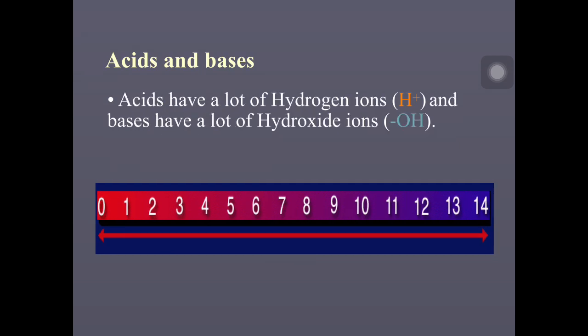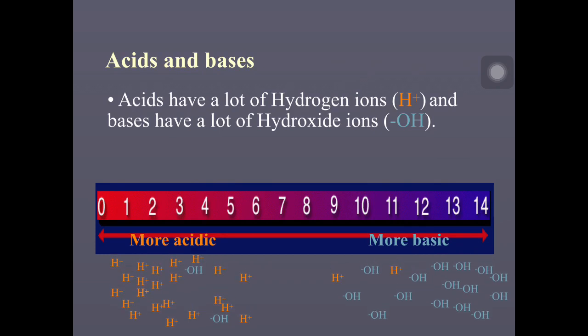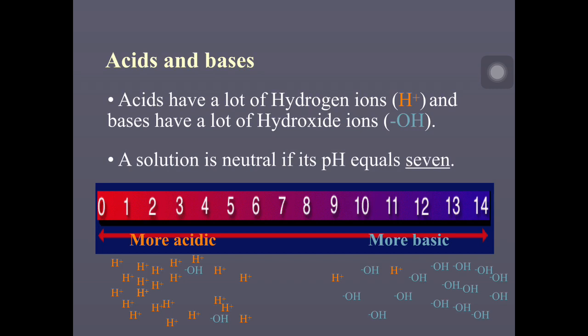Any acidic solution will have a small number of OH minus ions, and any alkaline solution will have a small number of H plus ions as compared to the OH minus ions. So that is what is being depicted by this diagram out here. You all can see on the acidic side there are very few OH minus ions as compared to H plus ions, and on the alkaline or the basic side, that is more towards pH 14, there are more OH minus ions as compared to H plus ions. For a solution of pH 7 which is neutral, the H plus concentration will be equal to the OH minus concentration.